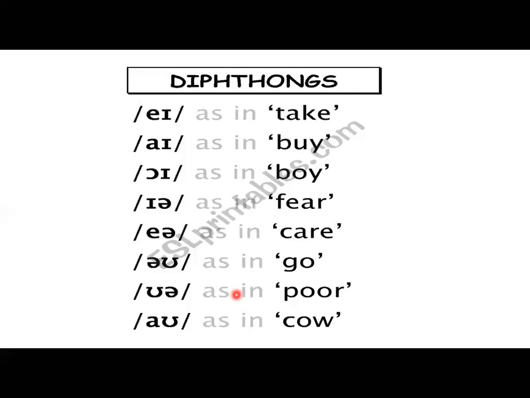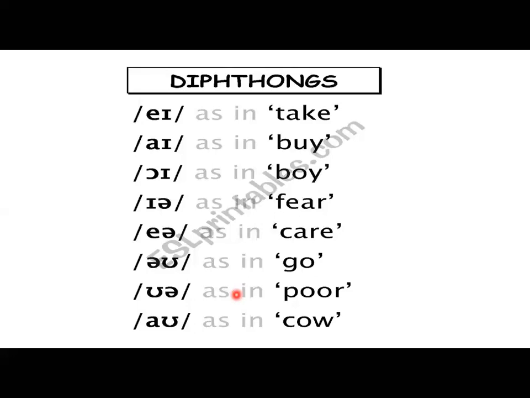How many sounds are there in the word take? Only 3 sounds are there. In the spelling there are 4 alphabets, T-A-K-E, but in the sounds, when we pronounce this word take, there are 3 sounds. Pronounce it slowly and see how many sounds there are. T, A, K. T is one sound, A is another sound, and K is the next sound. So here A is not 2 vowels. It is combined together, it's 1 vowel only.